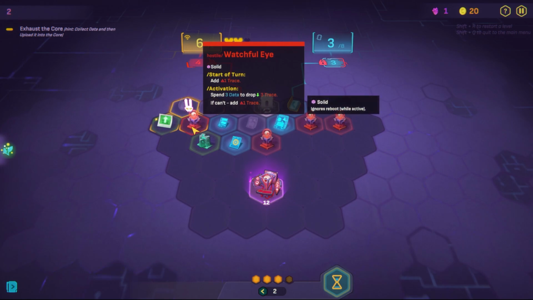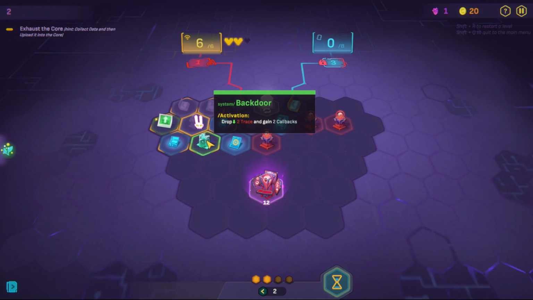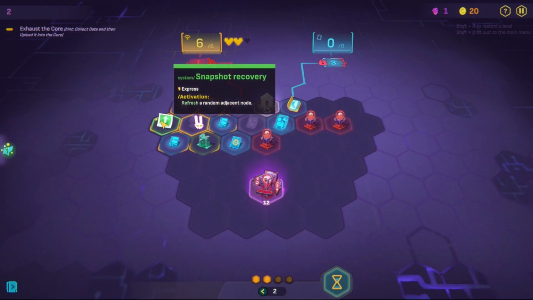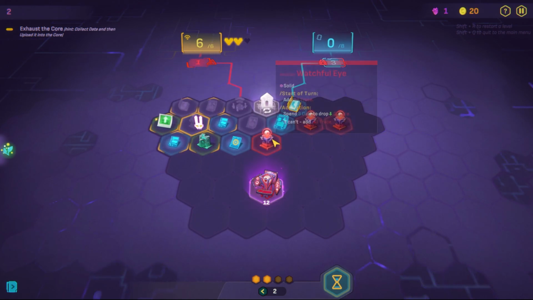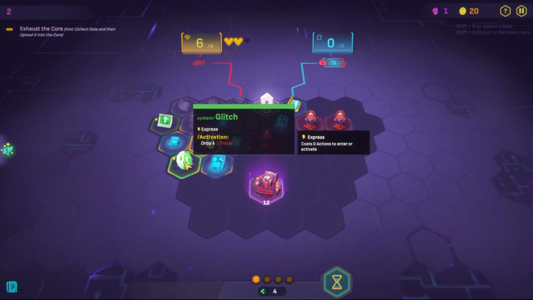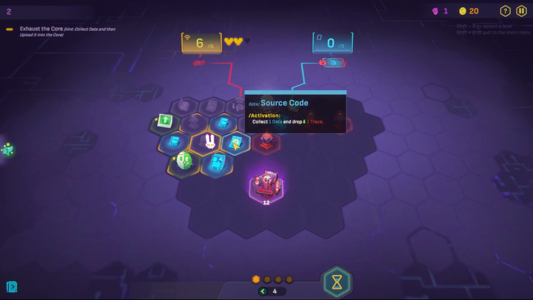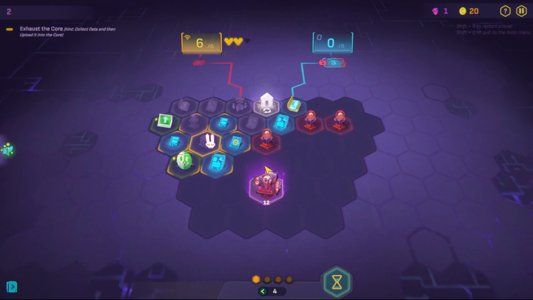Let's go ahead and spend our data to take that out. All right. It brought a trace down, which is really good. We get 2 callbacks from doing that, huh? Oh, there's a freebie. Oh, the trace is already lowered to the point where we don't care. So why don't we work our way towards...